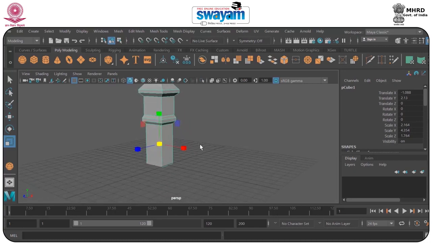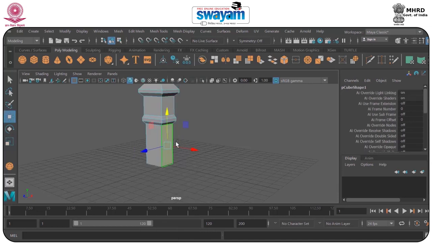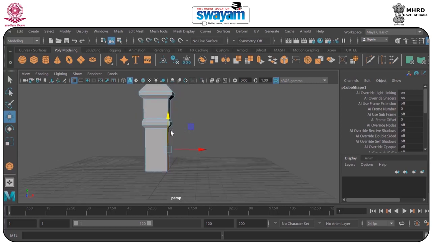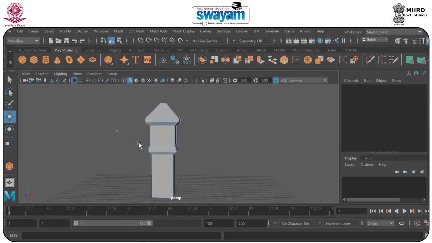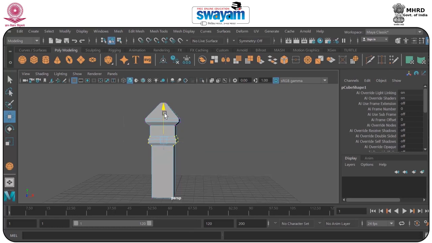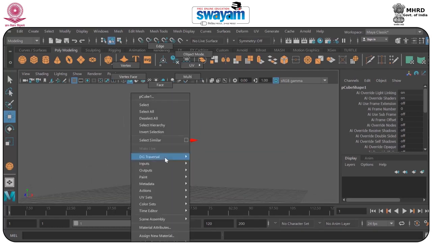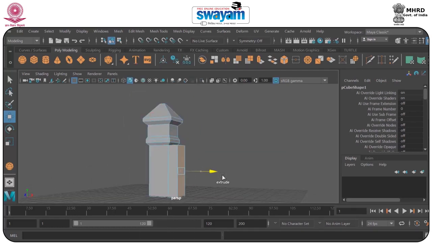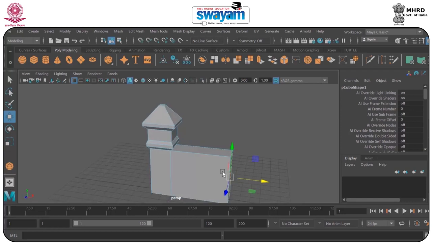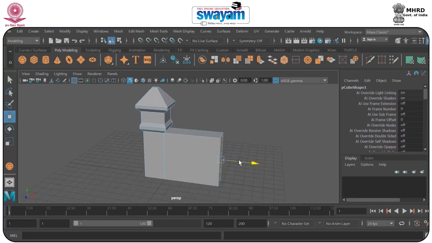Now I will go to face and select this face. As you can see, I am making from this model only. One more thing, I should have proper spacing between them. So select this part and move it somehow here. Go to face and select this face, we'll move it somehow here, no problem, and we'll keep it here. We'll duplicate the same,